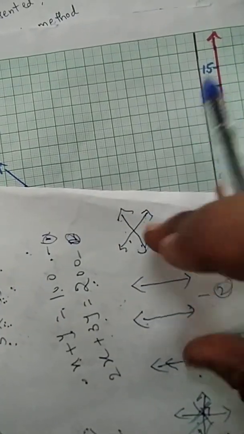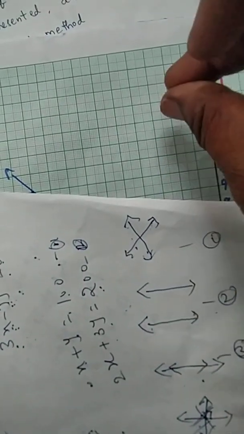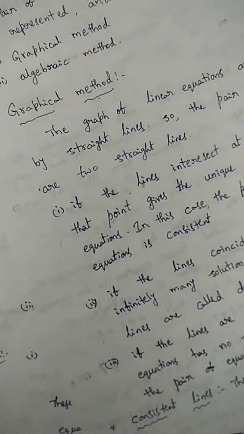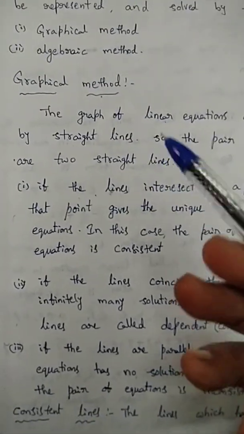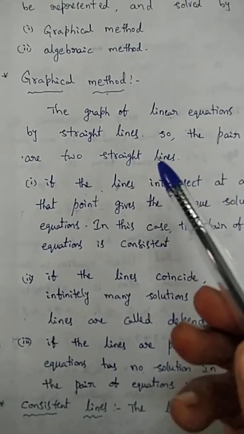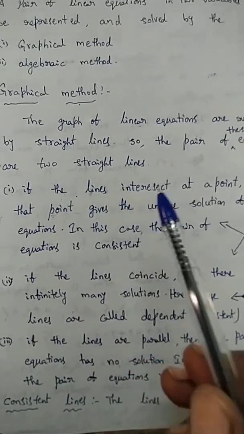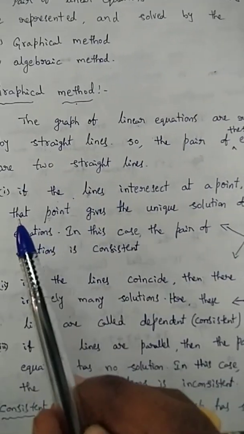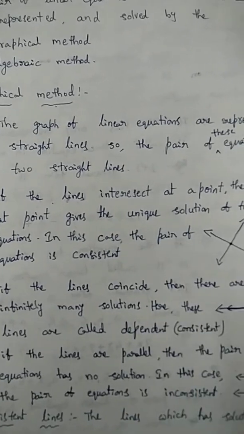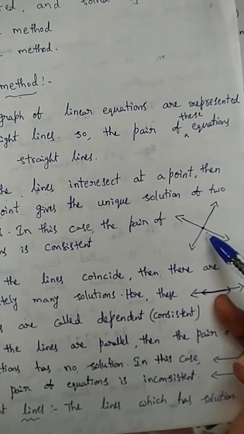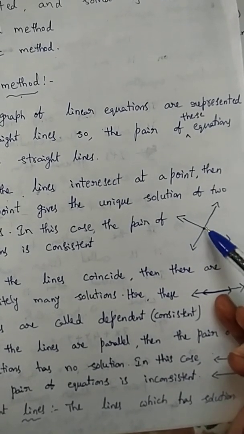Okay, so when we draw two lines on the graph paper, automatically we get three different types of figures. Those are intersecting, parallel and coincident. Then coming to the concept of the graphical method, the graphical representation of a pair of linear equations in two variables is two straight lines. If the lines intersect at a point, then that point gives the unique solution. The point at which the two lines intersect is the solution for the pair